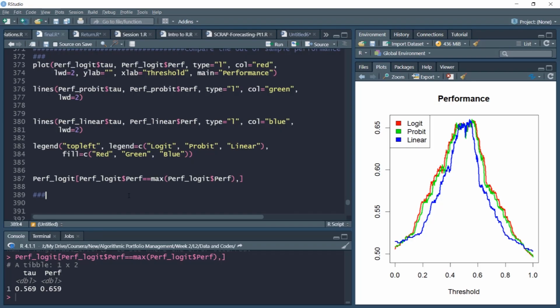So this is the maximum performance value which we obtain for the logit object, and logit is arguably the best classification algorithm at tau value of 0.569. To summarize, in this video we plotted our simulated performance object values. We observed that for most of the threshold region, logit model seems to perform best as compared to the other two, probit and linear. It is closely followed by probit and then linear. We also extracted the best performance threshold value for logit object, which was around 0.569, and the performance object has a value of 0.659, which is simply the average of the accuracy, sensitivity, and specificity values for the model.